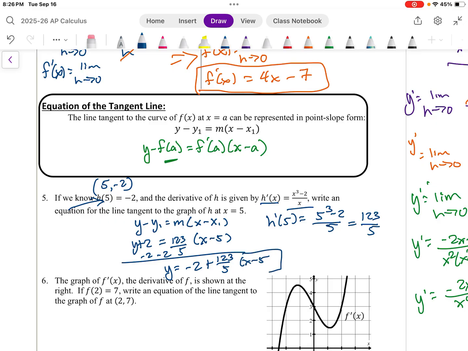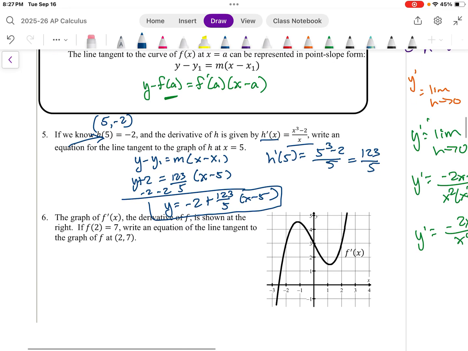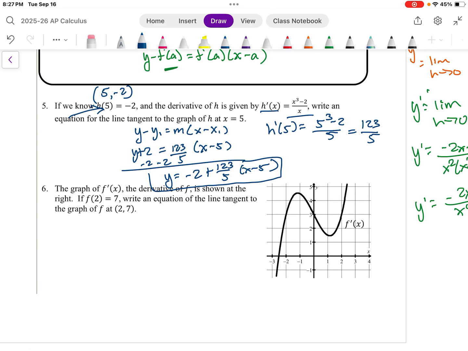That's typically how we will see most answers on the AP exam written. They usually just ask you to keep it in point slope form, but just get the constant with the y over to the other side. You don't have to worry about distributing. And I wouldn't bother, because if you distribute wrong and combine like terms wrong,